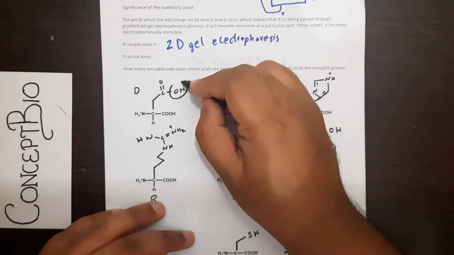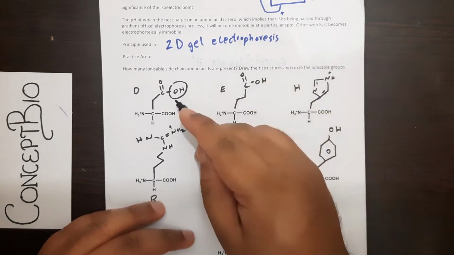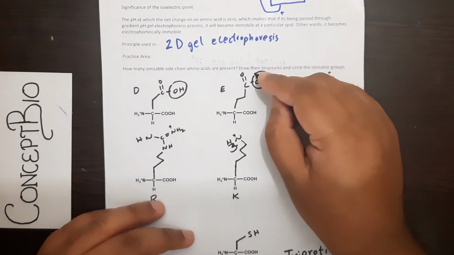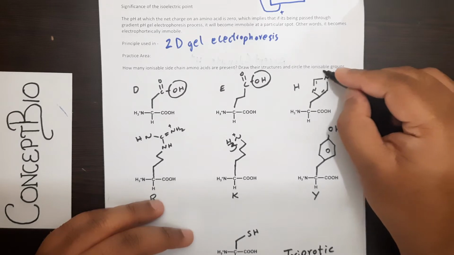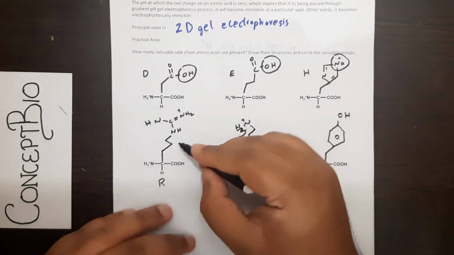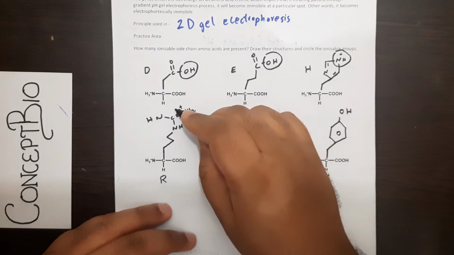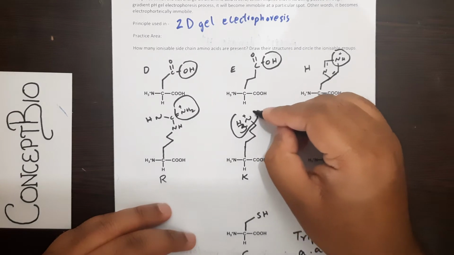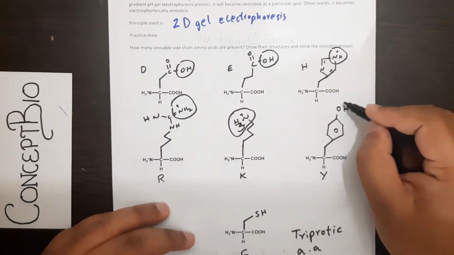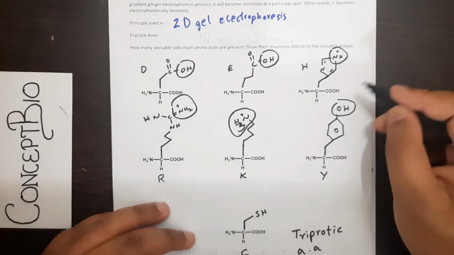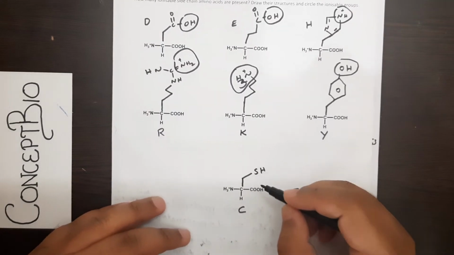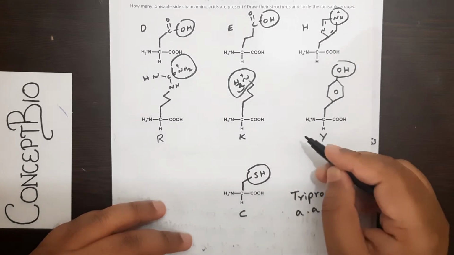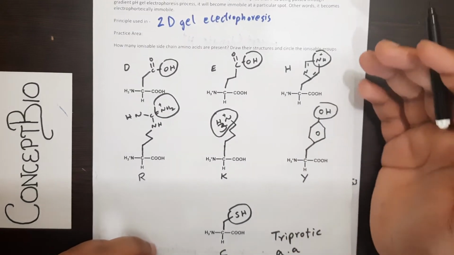So now coming to the circling part, if you're looking at aspartic acid, it is this OH group over here, the carboxyl group end, which donates a hydrogen ion or gets deprotonated. Same for glutamic acid. For histidine, it is this amino group over here. Similarly for arginine, it is the one which is double bonded, the amino group in the terminal. In lysine, it is the terminal amino group. And in tyrosine, it's the terminal hydroxyl group, which will donate or get deprotonated. And finally, in cysteine, it is the terminal thiol group, the SH group, where it gets deprotonated again. So in total, these are your triprotic amino acids.